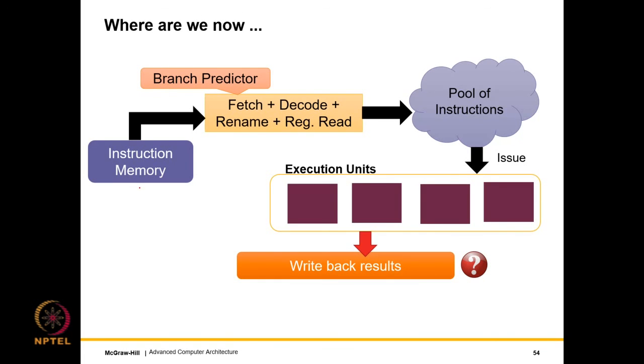So where are we now? We have the design of a proto out of order processor where we read instructions from the iCache, which we are generally referring to as the instruction memory in this slide set. Then of course we need a branch predictor, as we have seen, such that we can quickly fill the instruction window. Then we'll have our regular stages of fetch and decode. After decoding an instruction, we have to rename the instruction in order to remove these two kinds of dependencies.